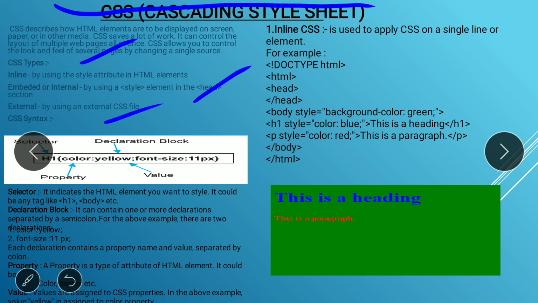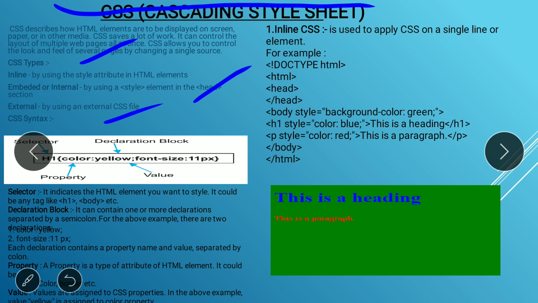And if you want to apply more than one property, that time you have to mention the semicolon, and that's it. So CSS is nothing but the cascading style sheet which is used to decorate your page. And CSS has three main types. One is the inline, second is the internal, also called the embedded, and third one is the external.